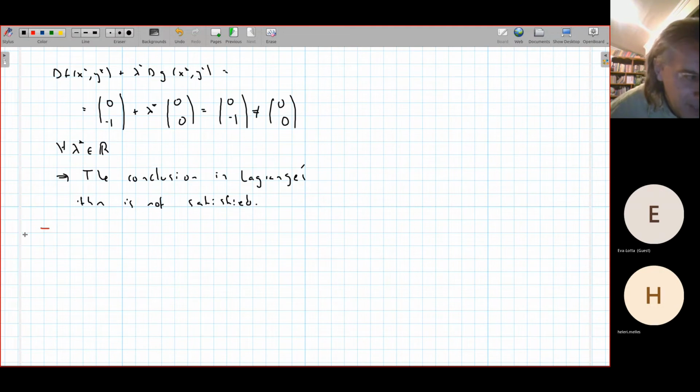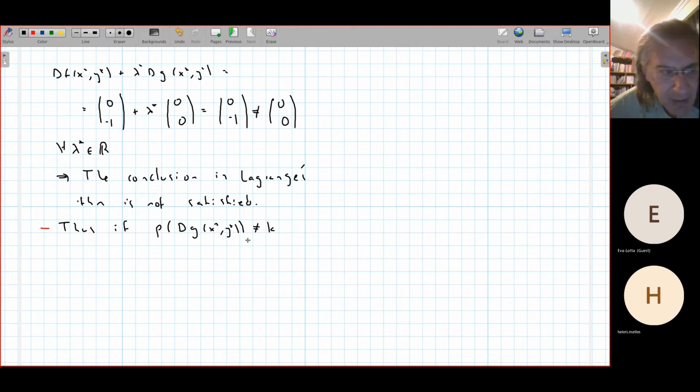What's the moral of this example? What we have learned is that if this condition is not satisfied, so if the rank of the derivative of g at (x*, y*) is not equal to k, then it's not necessarily true that there is some lambda* in R^k with the property that the derivative of f at the critical point